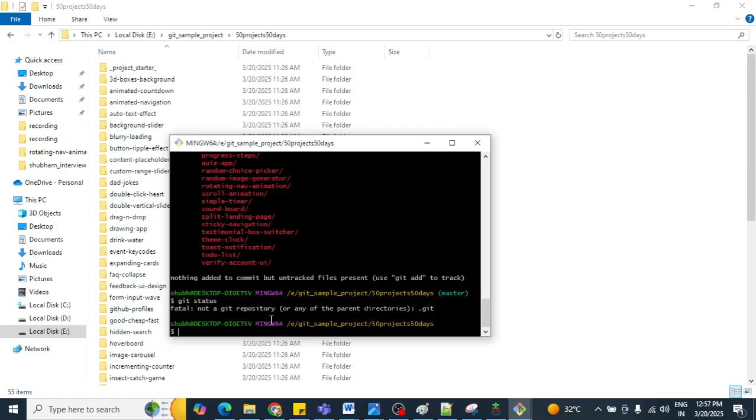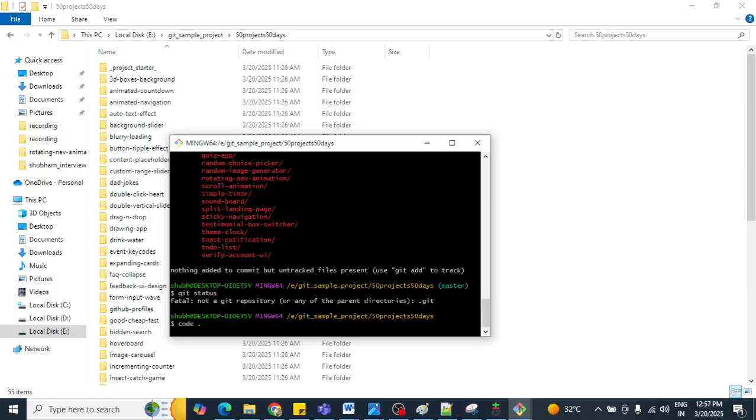Now if you want to do the same thing with the help of Visual Studio, how will you do it? You just need to run the code . command and you will see that Visual Studio will open.